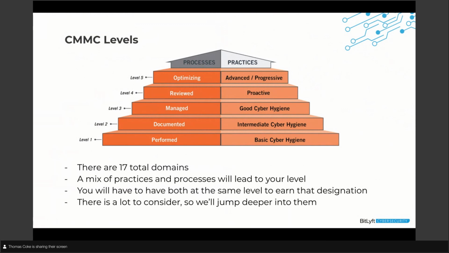And then make sure that that's what you're considering. Don't worry about reading the whole thing and saying, okay, level 5 is up here. Now, that being said, we believe, and a lot of people in the security space believe, in an overall cybersecurity progression where you go from basic cyber hygiene to advanced, progressive cybersecurity, and from performed to optimized. So there is some benefit to moving all the way up the chain, but just know that for the requirements of the CMMC, you're probably going to be somewhere at level 1, 2, or 3. 2 and 3 will probably be most common.